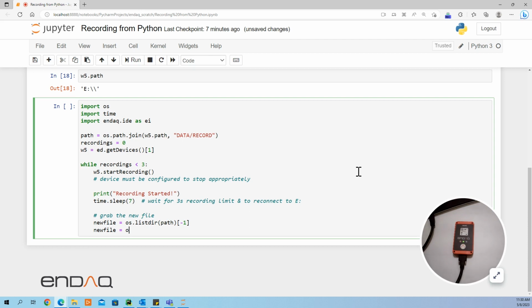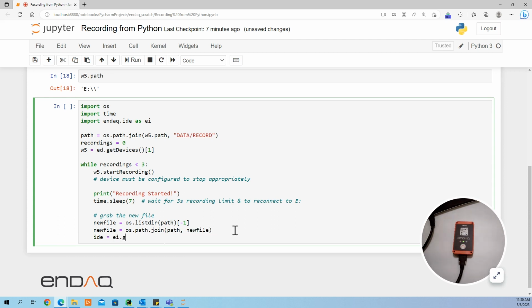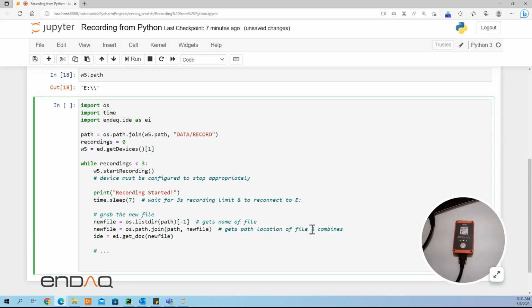Then I can combine this file name with the path directory using os.path.join, and I'm going to use that full file path now with our enDAQ IDE's getDoc to grab our dataset. So here's where you would process your file. I'm just going to print and move on to the next iteration with our recording variable we set at the top. So now let's run,